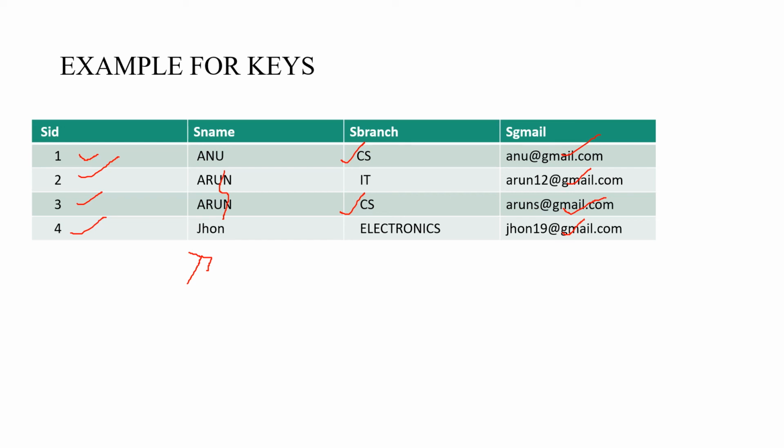Consider another example. We have an Aadhaar number, passport number. These are always unique values. So it is set as a unique attribute to find particular information related to us. So just remember, a key in a DBMS is a single attribute or a set of attributes that has a unique property to find a particular record from the table. Sometimes it is a single attribute like a passport number or Aadhaar number. Sometimes it is a combination of attributes. Two or more attributes are included in a key.